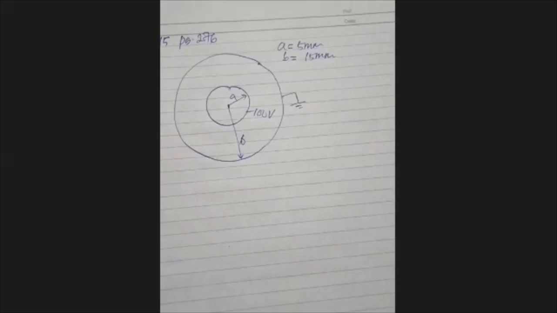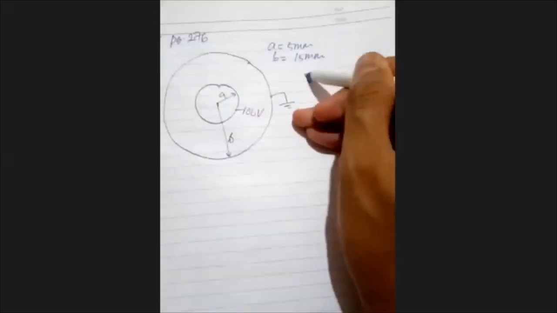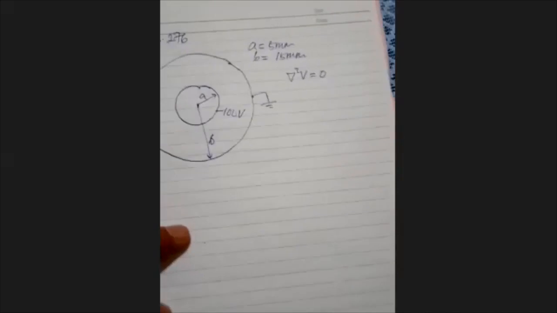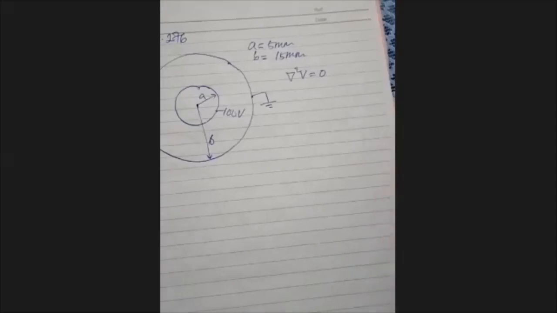All right, guys. In this case we are not given any rho v, so straight away you can assume rho v is 0. It's like a free charge medium. So we can use the Laplace equation, del squared V equal to 0. Now this case is using the cylindrical coordinate system, so referring to the table,